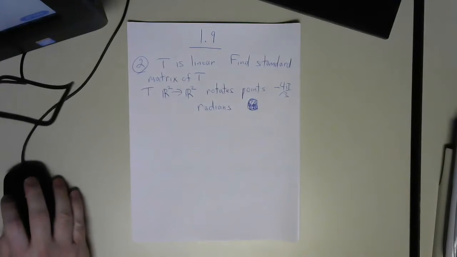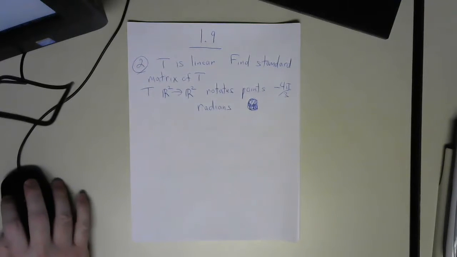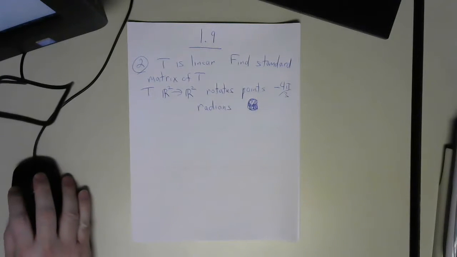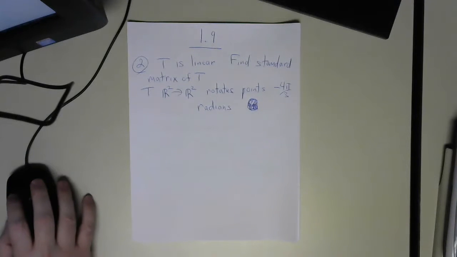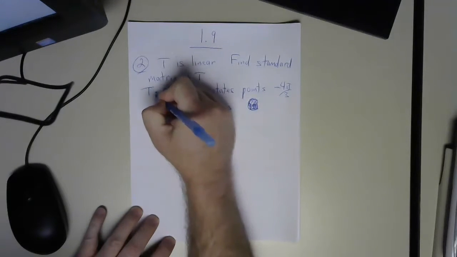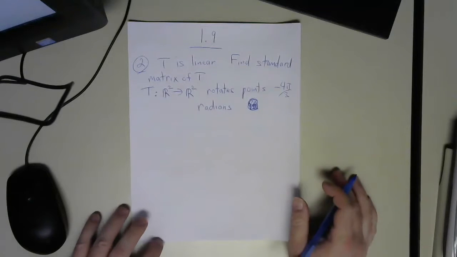All right, this is number 2 from section 1.9. Let's read the instructions. It says, assume that T is a linear transformation. Find the standard matrix of T first. And they also give us a condition on T. Notice that T goes from R2 to R2 and it rotates points about the origin negative 4 pi over 3